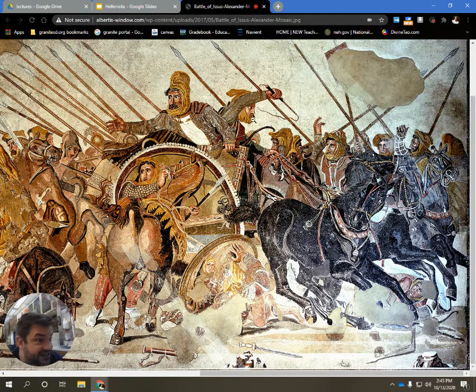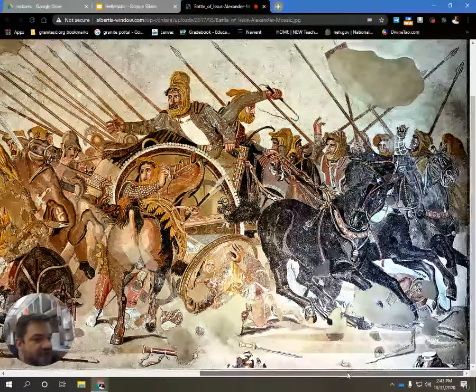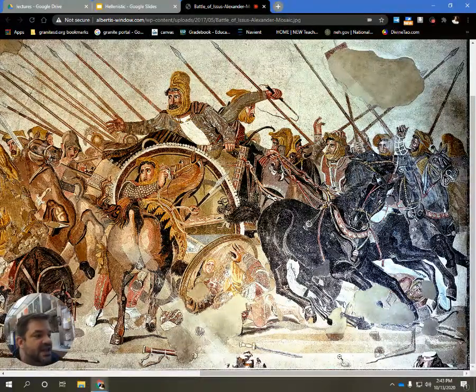And they're getting them out of dodge as fast as they can. Now, in their haste, you can see the lines of the Persian spears are almost like motion lines, like a comic strip, like, whew, he's going so fast. He's moving so quickly. Now, he's moving so fast that he doesn't even care that he's trampling his own troops